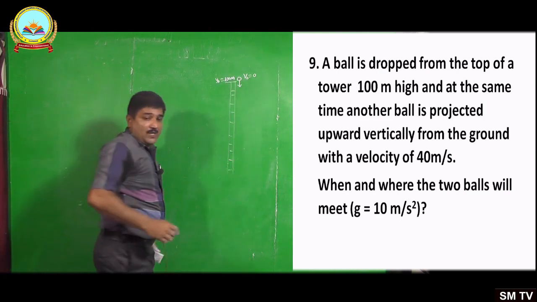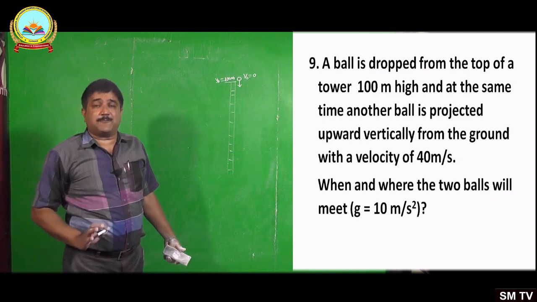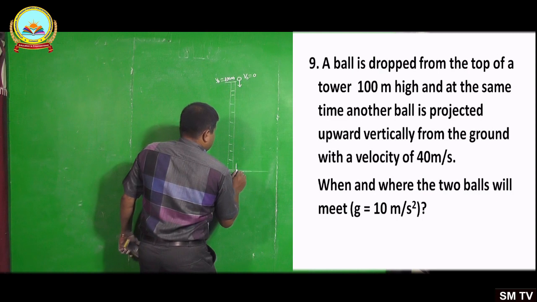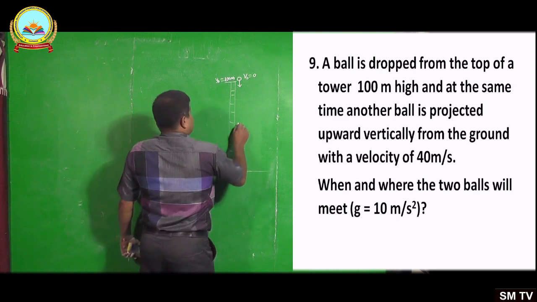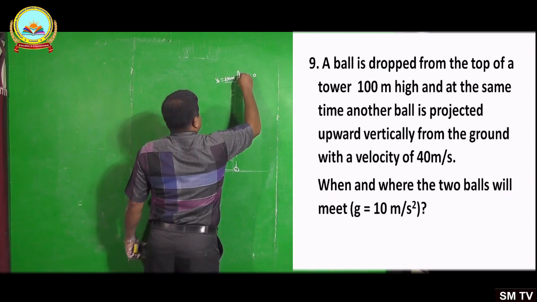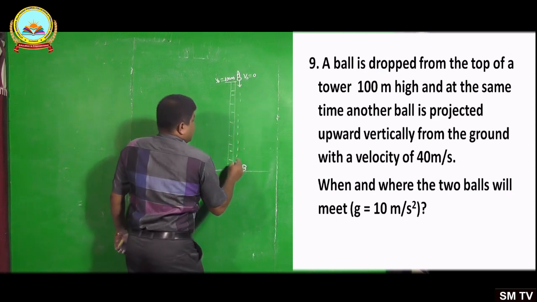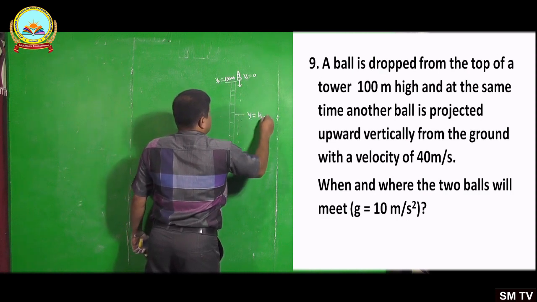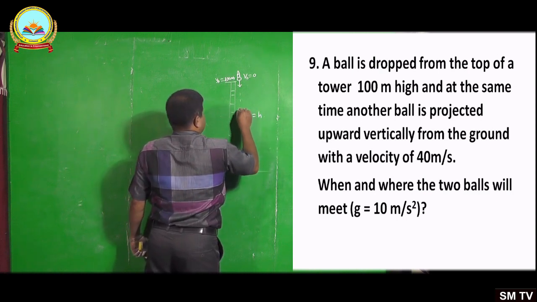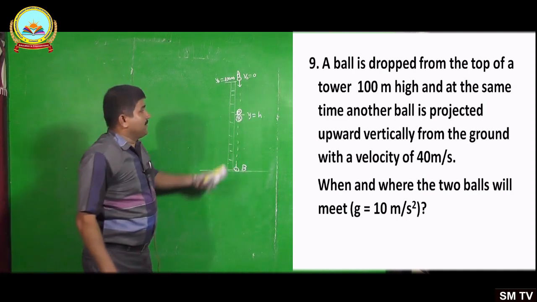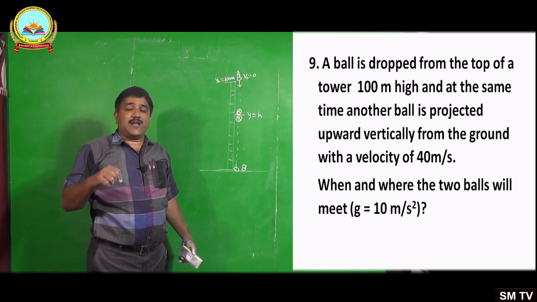Now at the same time another ball is projected vertically upward from the ground. Vertically upward means like this, we throw another ball, which goes like this. This is falling downward. I will take this as A and this one as B. At certain height from the ground, say y equal to h, the two will meet each other. So this is A and the ball thrown upward, say B. They meet each other. So question is when and where.